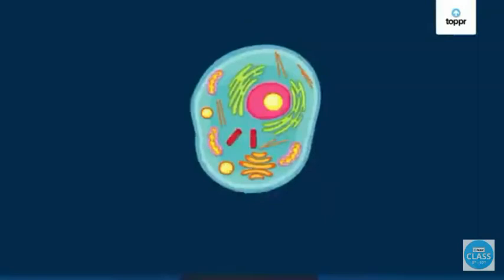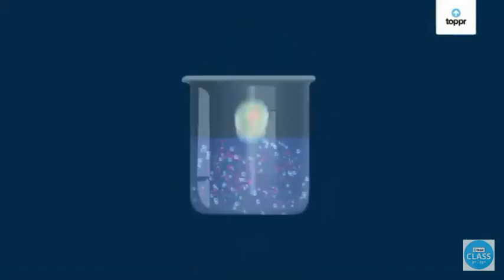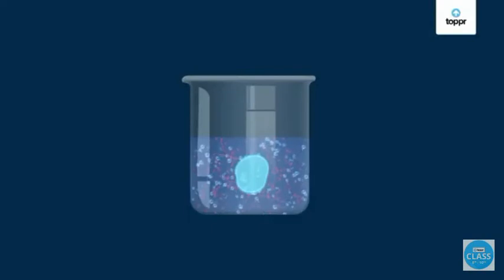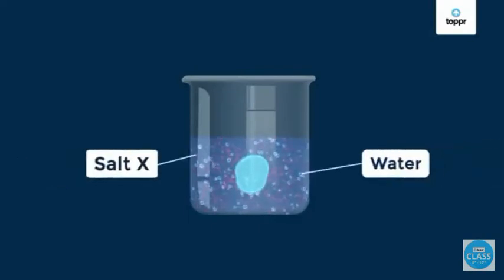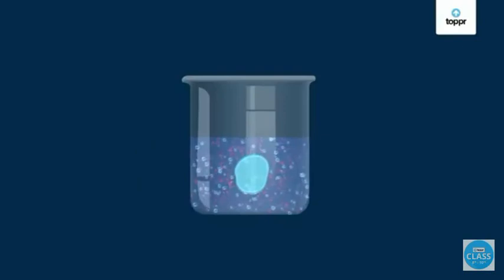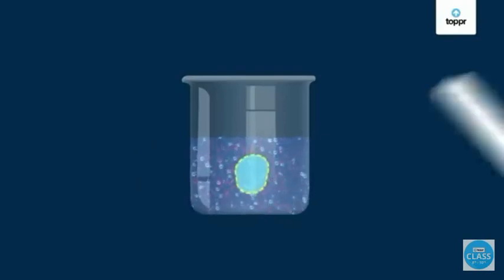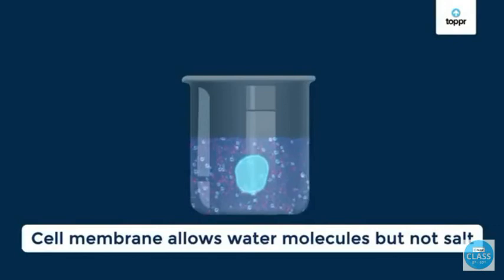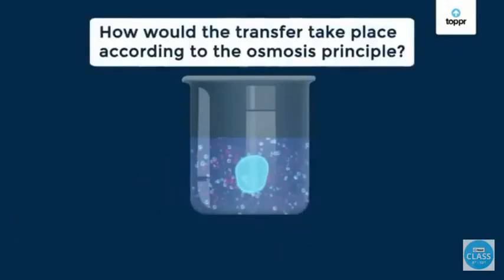What will happen if we put an animal cell or a plant cell into a solution of sugar or salt? Let's see how osmosis happens inside the cell. The cell is surrounded by a solution which has a certain amount of salt X in it. As we know, the cell membrane is semi-permeable. It cannot allow salt to enter, but it will allow water molecules. How would the transfer take place according to the osmosis principle? Well, there are three